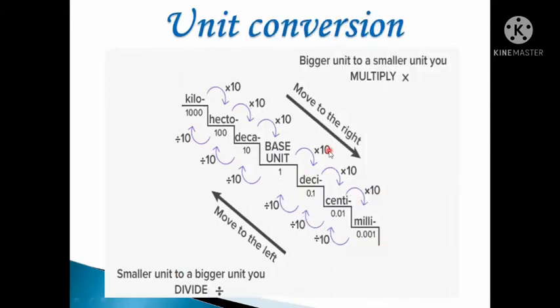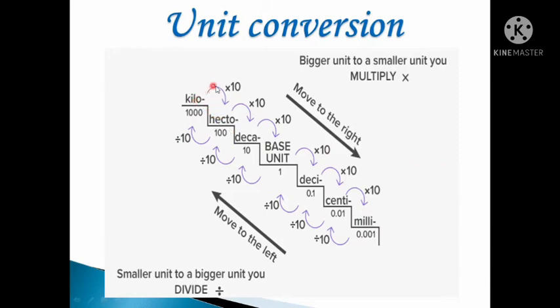See here how to convert. Okay, see which is the bigger unit here. Kilometer is the bigger unit. Already I have told you. Bigger is kilo. Milli is the smaller one. Bigger unit is kilometer and millimeter is the smaller one. If we want to change a bigger unit to a smaller unit, you have to multiply by 10. Okay, because between each and every measurement there is 10, right?